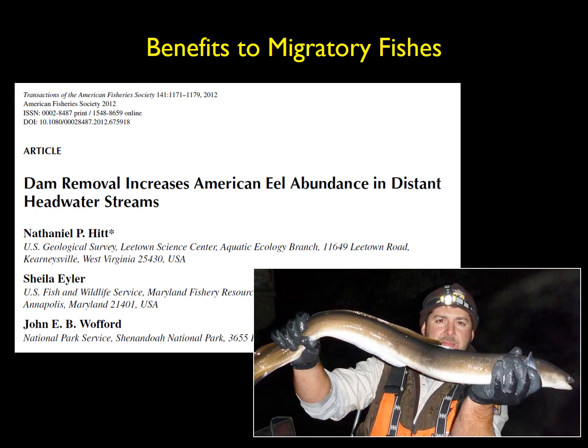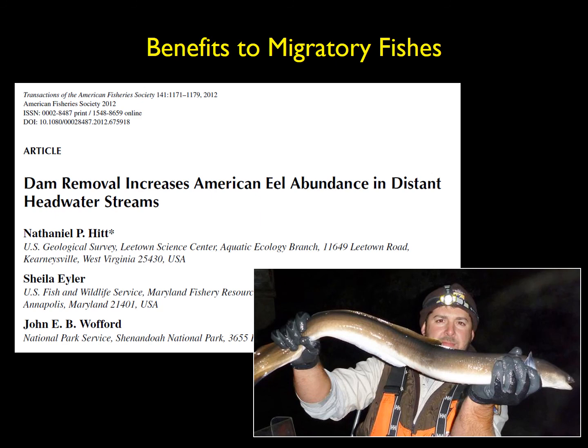And this is an American eel. Interestingly enough, there are species in the same genus that live in rivers of Nepal. But the American eel can live to be 30, 40 years and older, and they live almost all their adult lives in freshwater. They can live for up to 25 years in freshwater rivers. Then they migrate out into the Atlantic Ocean to the Sargasso Sea to spawn. And then once they mature, they move back into the rivers.